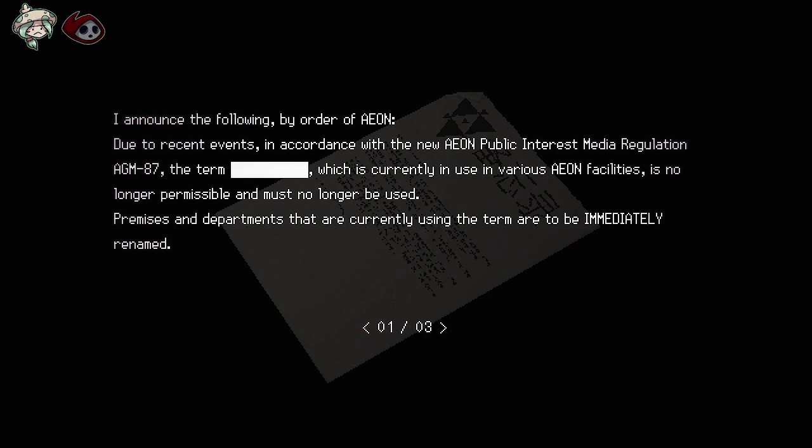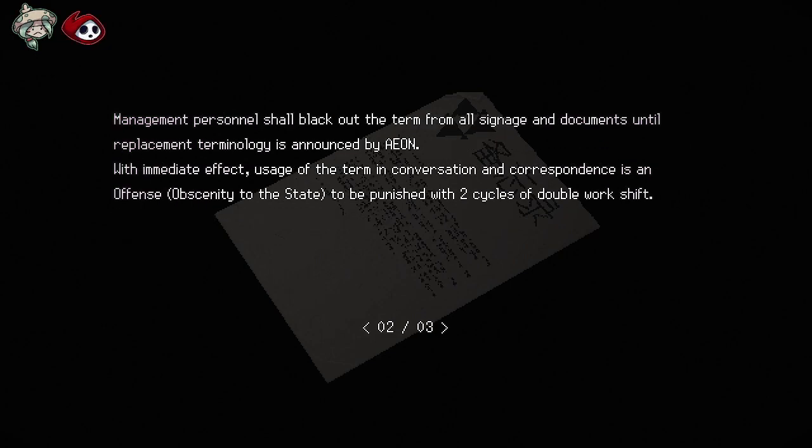Memorandum. Terminology. I announce the following by order of Eon. Due to recent events, in accordance with the new Eon Public Interest Media Regulation, AGM 87, the term which is currently in use in various Eon facilities, is no longer permissible and must no longer be used. Premises and departments that are currently using the term are to be immediately renamed. Management person...